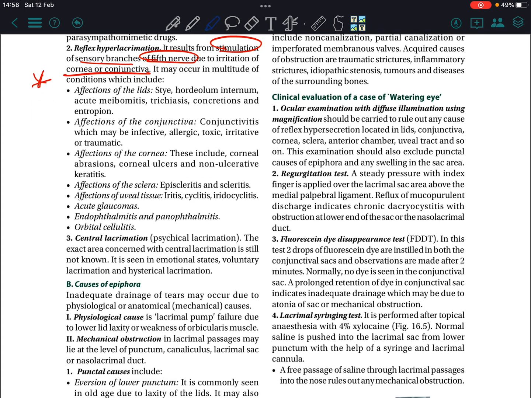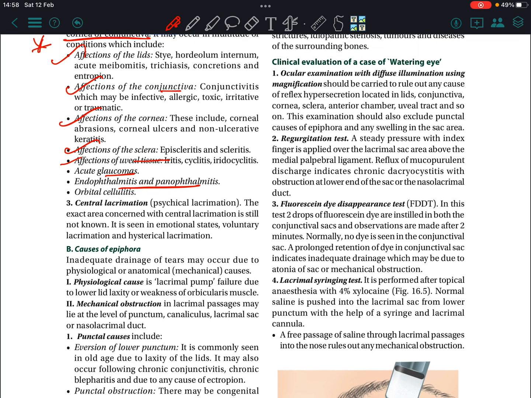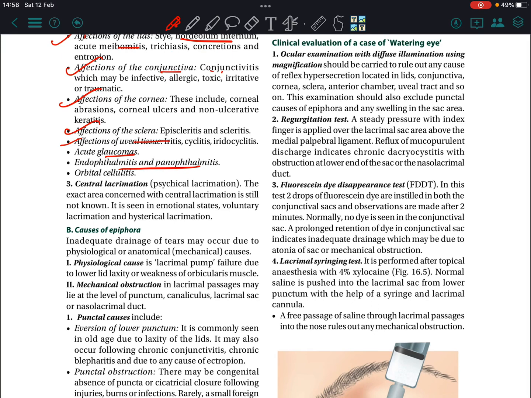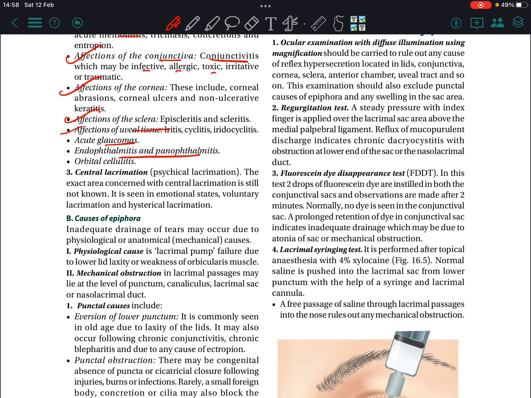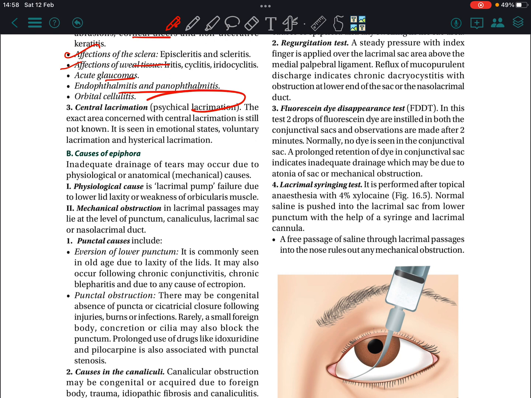It may occur in a multitude of conditions which include affection of the lid, conjunctiva, cornea, sclera, uveal tissue, acute glaucoma, endophthalmitis, panophthalmitis. Affection of the lid may be due to stye, hordeolum internum, acute meibomitis. Conjunctiva affected due to conjunctivitis, which may be infective, allergic, toxic, irritative. Corneal abrasion, corneal ulcer, etc. Central lacrimation: psychical lacrimation. The exact area concerned with central lacrimation